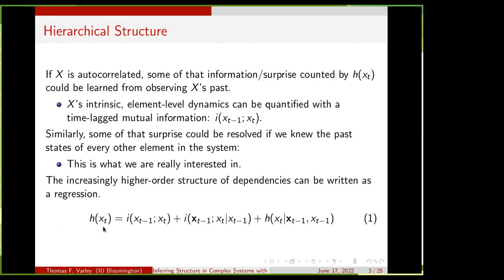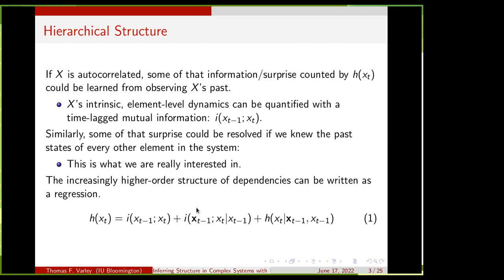So we have the total information disclosed to us by the state of variable x at time t is a function of the information that came from x's own past plus the information that came exclusively from the system around it. So notice that we now have a bold-faced x here, conditioned on our element's own past. So we're not double counting information. And then some intrinsic entropy term, right? Which could be noise in the measurement. It could be some internal stochasticity if you've got some kind of internal quantum generator or whatever.